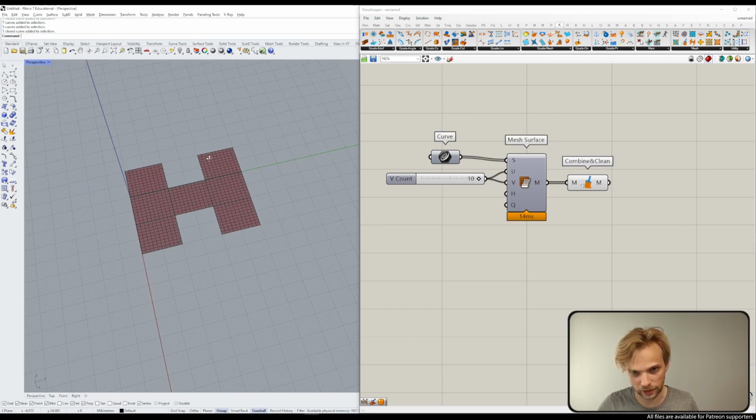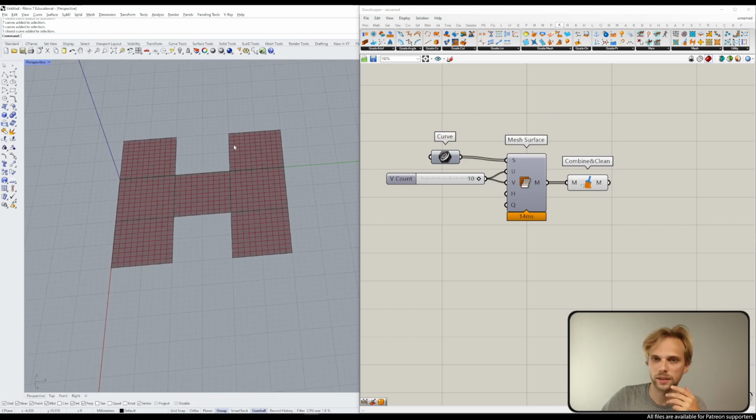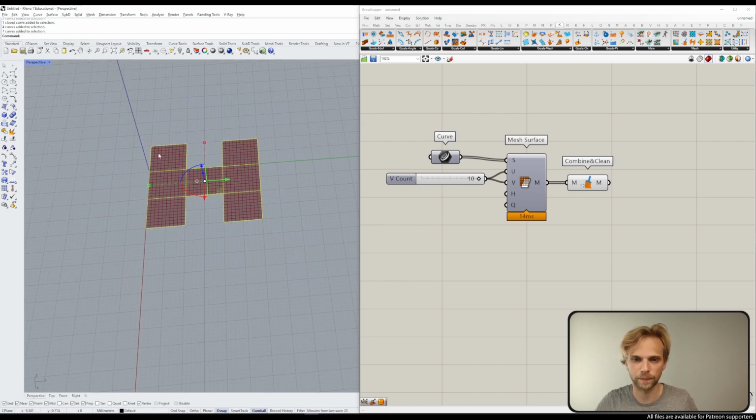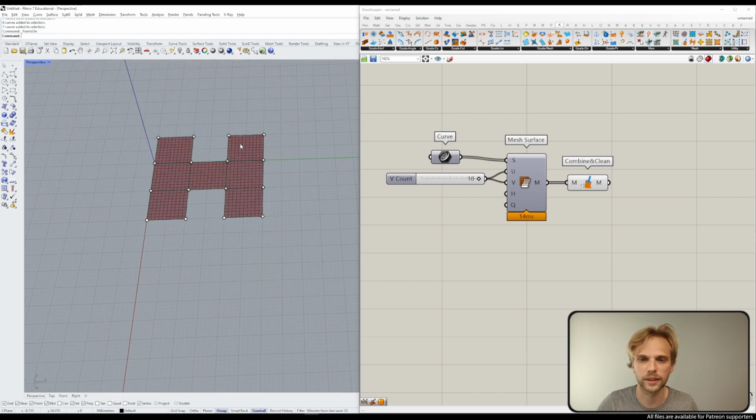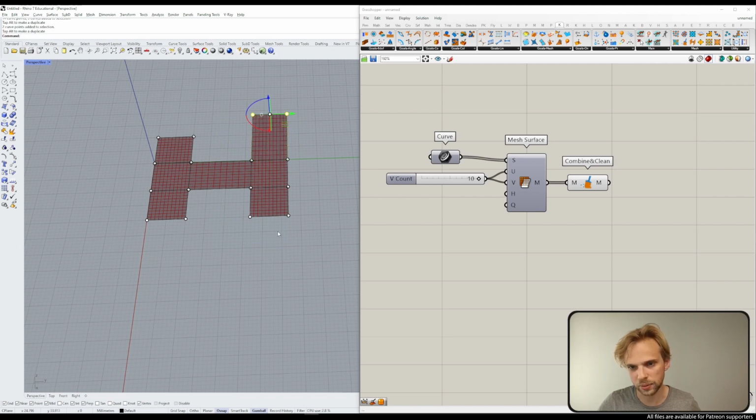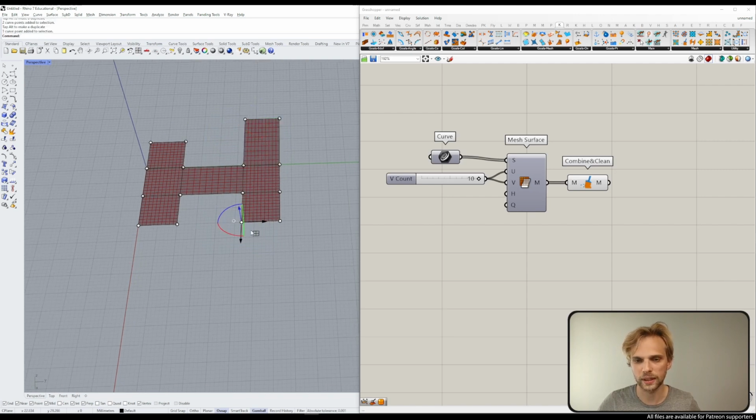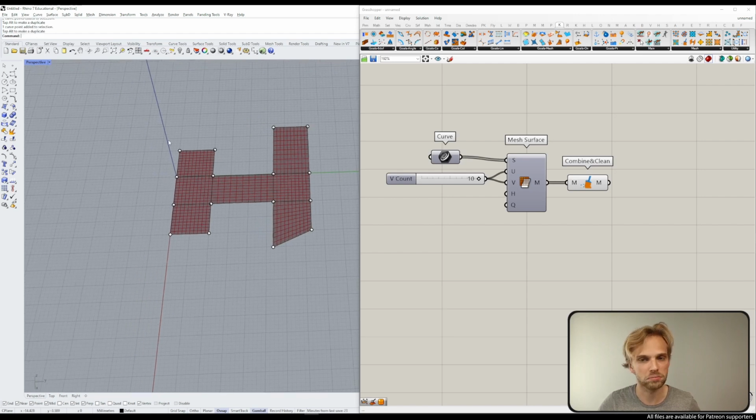I feel like this is good. At this point, you can select all of the curves, hit F10 to get the control points, and you can push and pull on the control points. Just don't move them up, but you can push and pull on them to make the outline shape a little bit more interesting, I guess. At least that's the